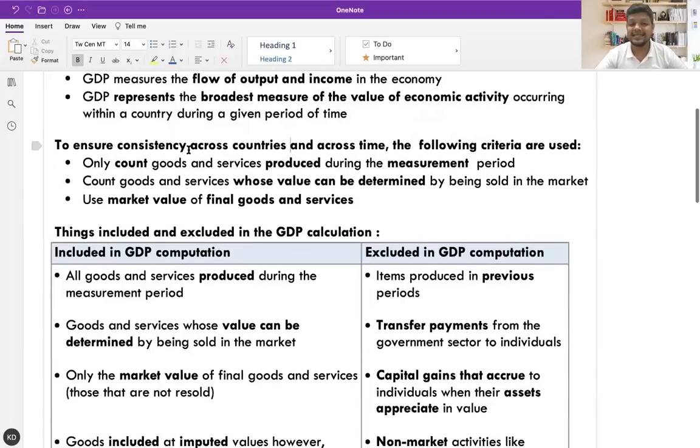To ensure consistency across countries, only count the goods and services produced during the measurement period. So within a particular period, not something that you have sold, which may have been produced last year. We are not going to take that. We are only going to take whatever is